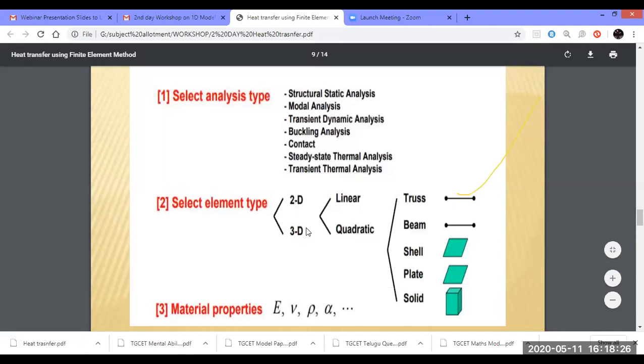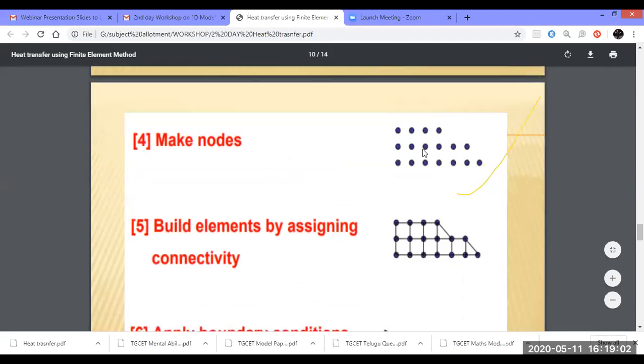Next, to select the element type. What type of element? Maybe a one dimensional element. For a one dimensional element, we are going to take a line element. For a two dimensional element problem, we are going to see the rectangle or square type of element. Generally we take a linear type of equation only. We are not going to see quadratic equations. We are going to see linear elements only. Material properties: here, thermal conductivity we are going to take. Here I didn't note it. Thermal conductivity we are going to see, and the temperature also we are going to give as input parameters. Now the next one is make nodes. After giving these inputs, we are going to create a geometry.